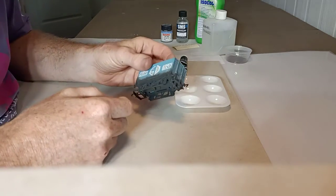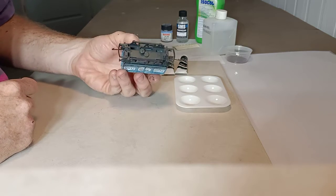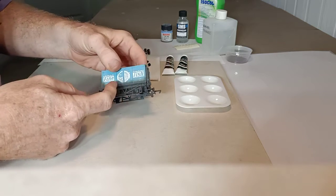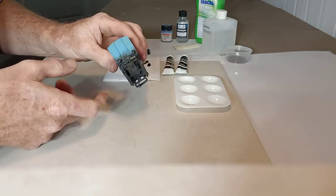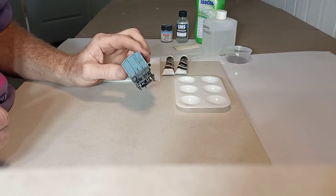Okay, so going on with the next step now. So we've managed to put the grime spray all across the undersurfaces and brought it up around the sides, not forgetting the ends. So the next stage we're going to look at is putting an oil wash, just a grimy oil wash again,